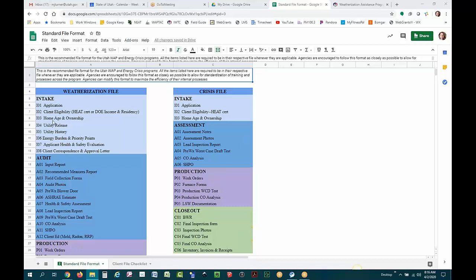But with that, let me go back up to the intake section. Under the intake section, these are the things that are required to be in there. You've got, and I did I for intake, and then I1 would be the application. I2 is the client eligibility. And then this is where